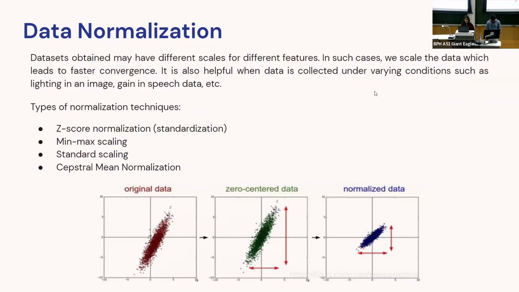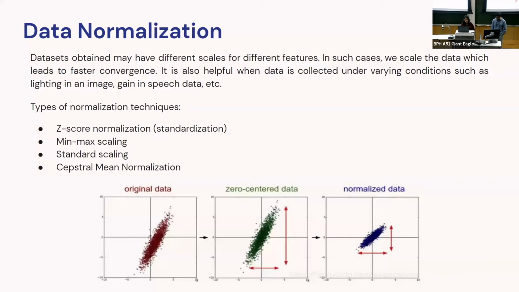Data could vary based upon the lighting conditions, or the gain in the speech, or distortions, or any kind of background noise present while recording the speech data set. In such circumstances, we use data normalization. Some of the normalization techniques that are used are Z-score normalization, min-max scaling, standard scaling, and cepstral mean normalization. All of these